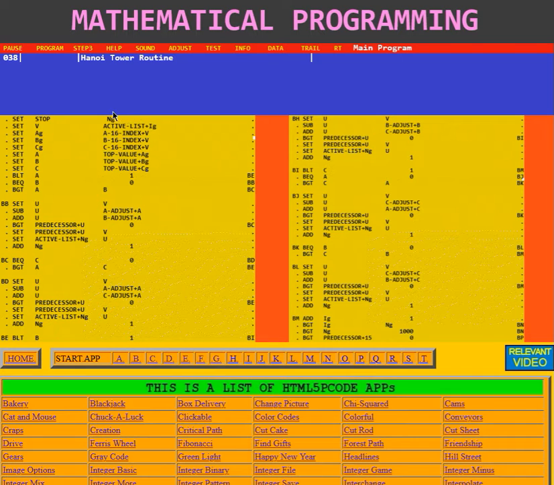Well, in the beginning, IG is set to 0, and there's only one value in active list, and that's the value for the possibility that all four numbers are in column A. That's the 1, 2, 3, and the 4 are in column A. This value, that is a possibility,